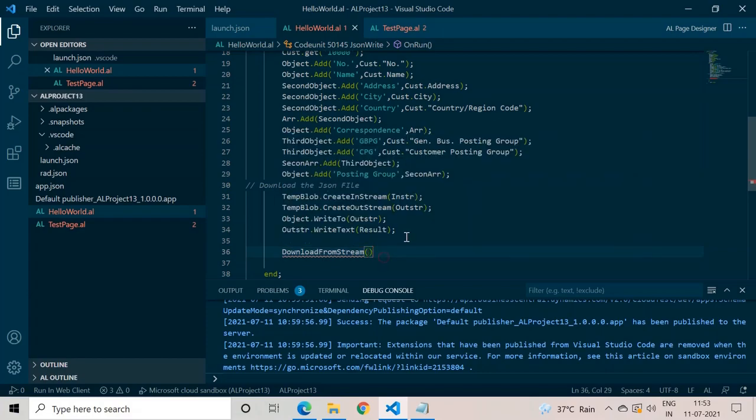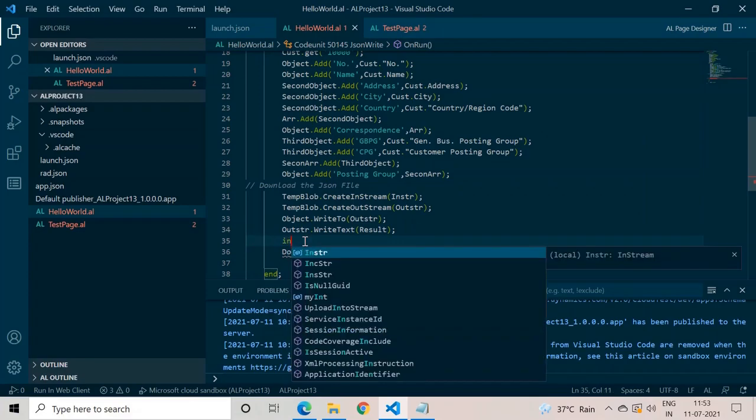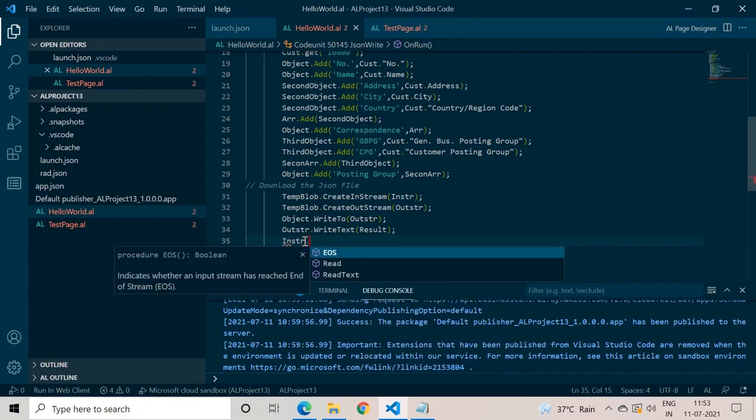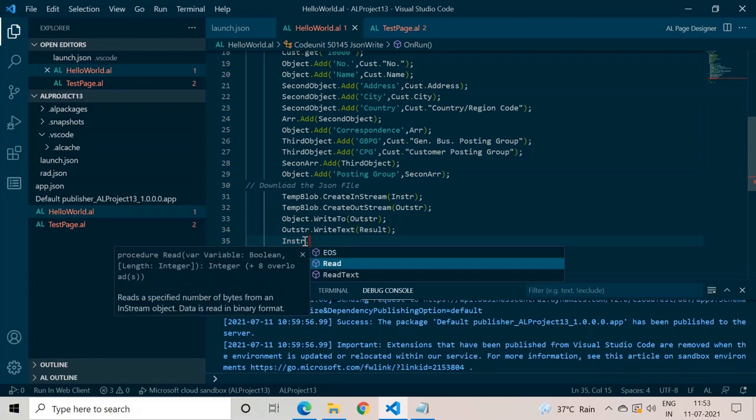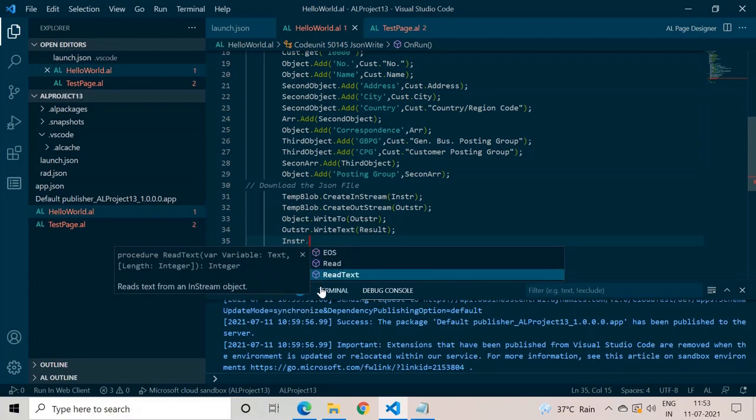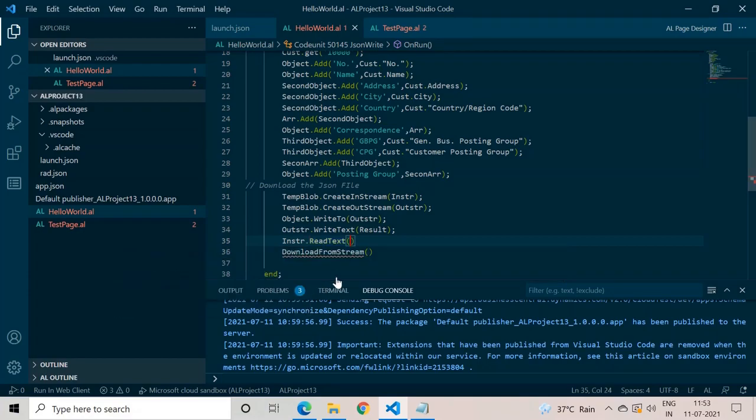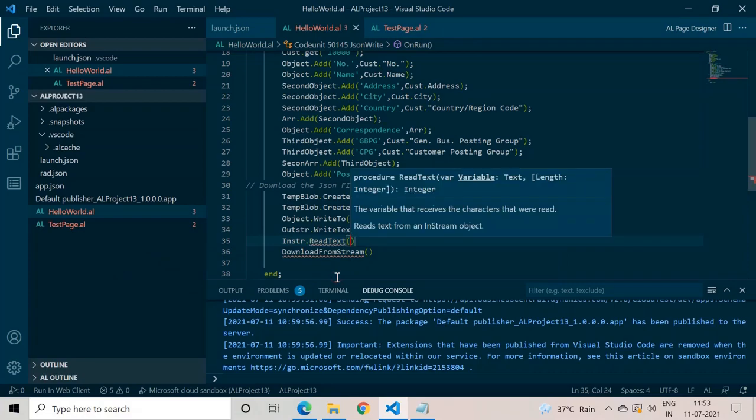So what we need to do is write in stream dot read text, and this is the function we will use to read the text from the in stream object.